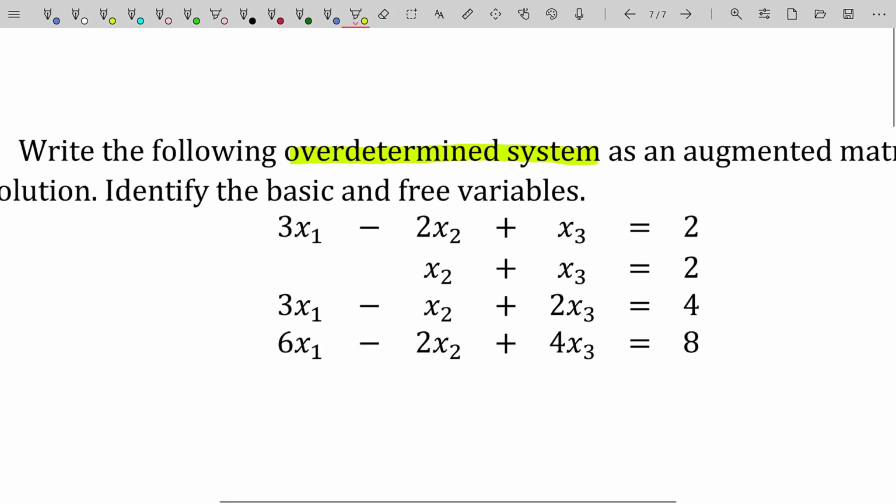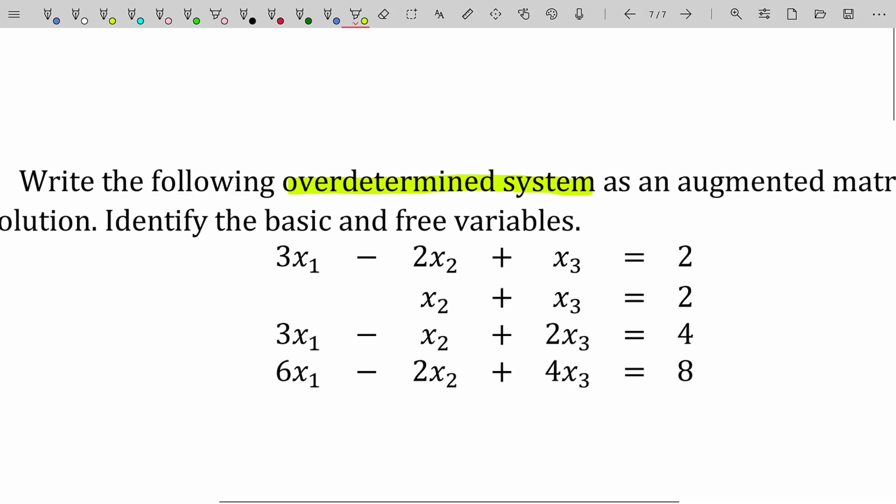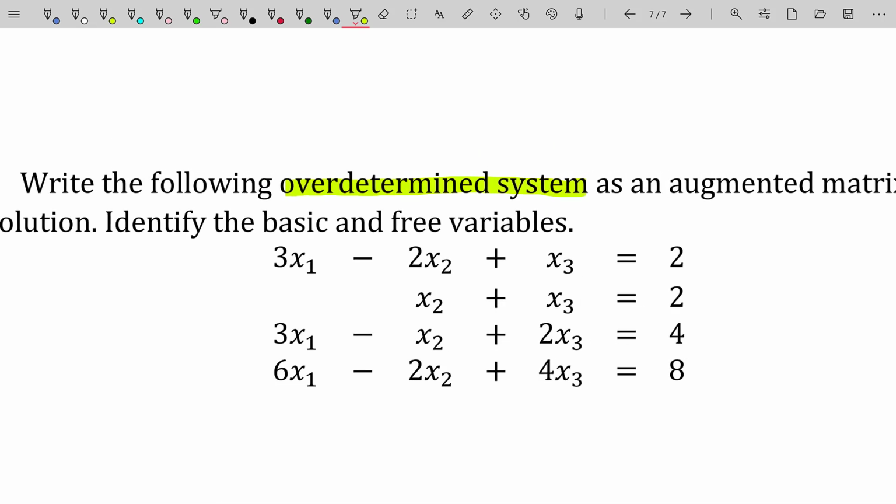Overdetermined systems are kind of the opposite of underdetermined. Underdetermined systems have fewer equations than variables. Overdetermined have more equations than variables. A little dirty secret about overdetermined systems is that they often lead to no solution because you have way too